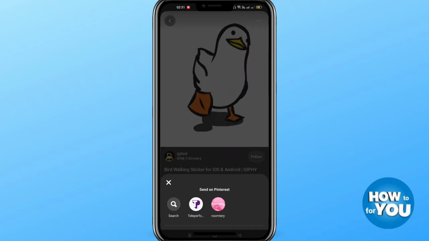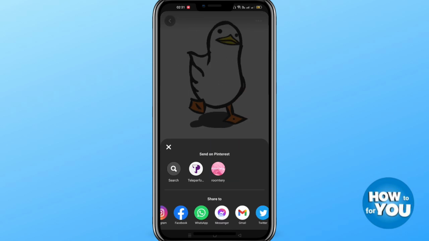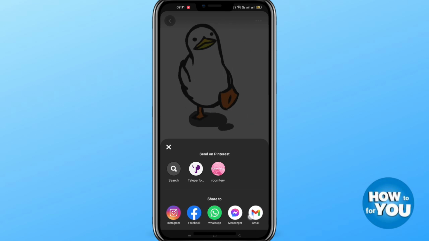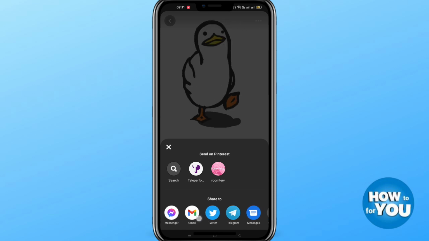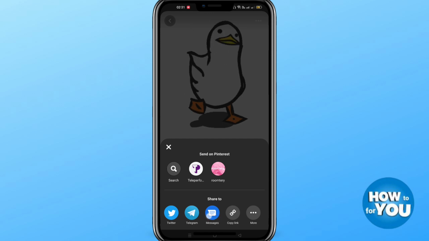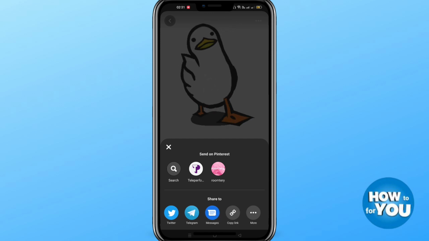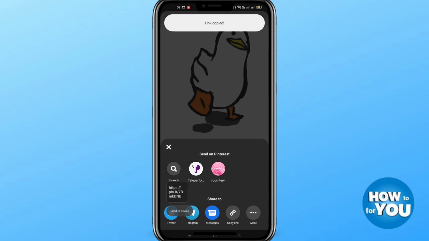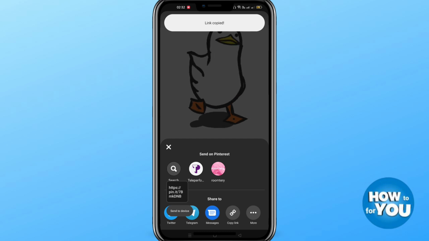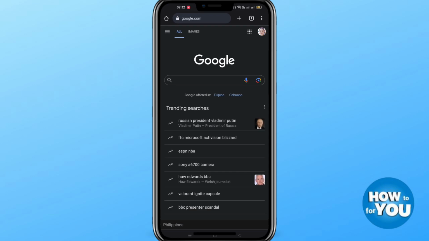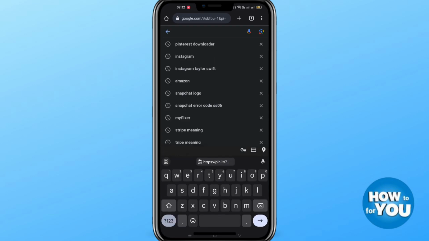select or click send. As you can see right here, you will be able to send the GIF through Messenger, Facebook, or Instagram. And next, since we will be downloading the GIF to our mobile phone, look for the copy link you see below, like this one. Click copy link, and then exit the application and go to Chrome, and then search Pinterest